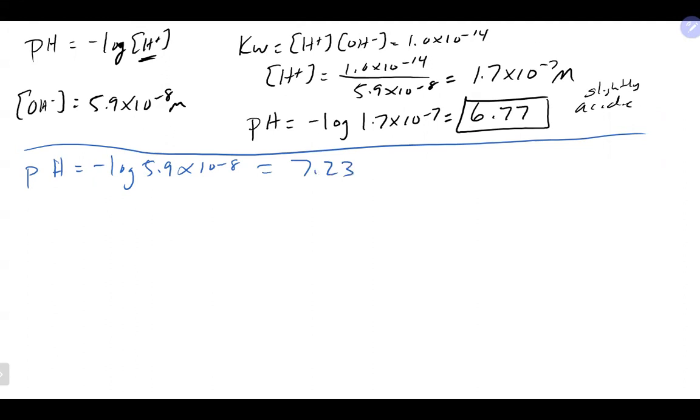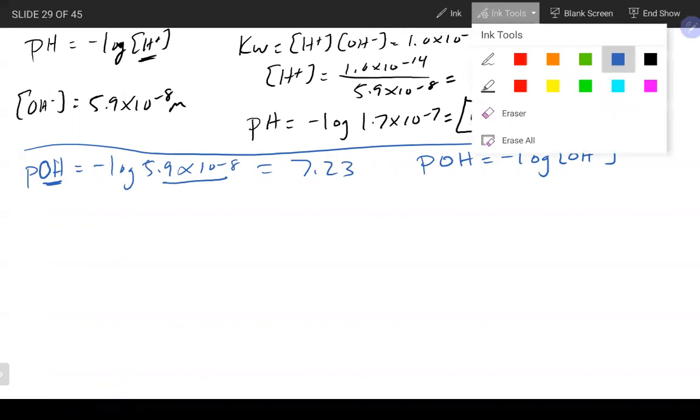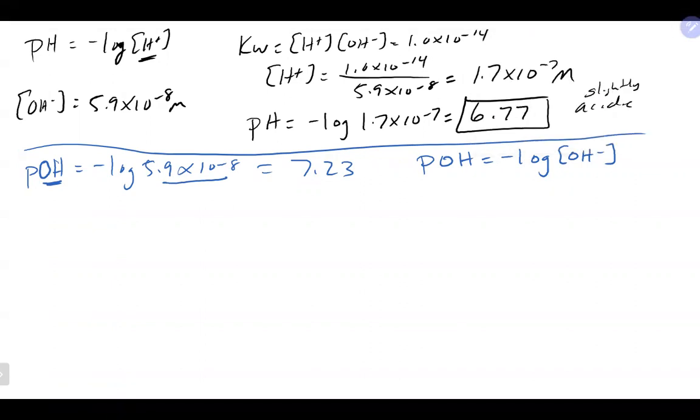The good news is that is obviously not the pH because that was the OH minus concentration. What you calculated is actually the pOH. Yes, the pOH uses the OH minus concentration, and the pOH is equal to minus the log of the OH minus concentration, which is not necessarily a terrible thing because there actually is a good relationship between pH and pOH,